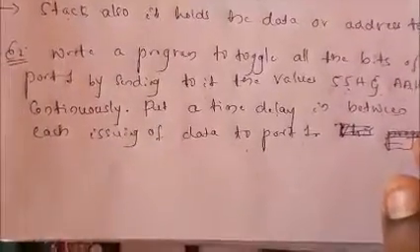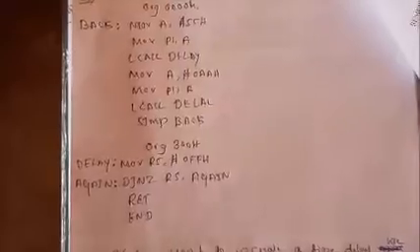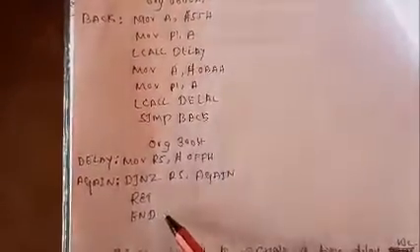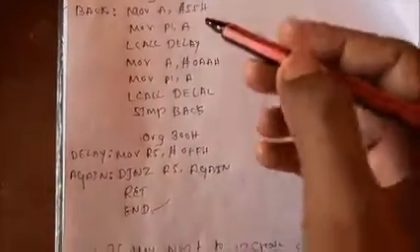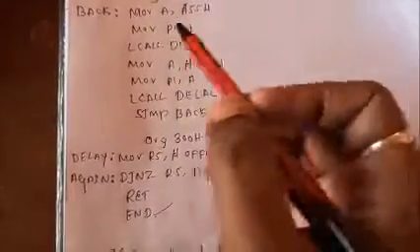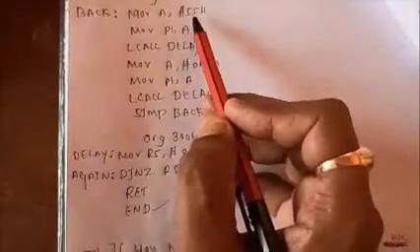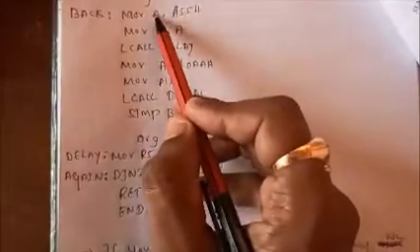I will explain how to write this. Here I have written ORG 40H and this END. This is the same every time. In between I am going to write the program. So what will happen here? MOV A, #55H. You already know I am loading 55H to the accumulator A.